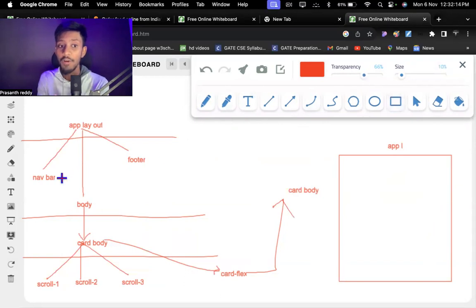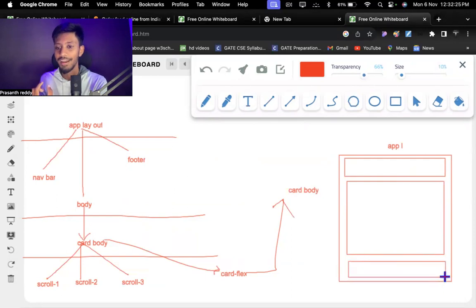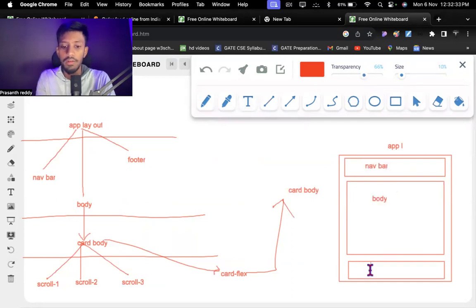We have to render navbar, body, footer. Let me make it as navbar, otherwise you would get confused. Navbar, body. Let me go back once. Revert back. Let me make it the very top.